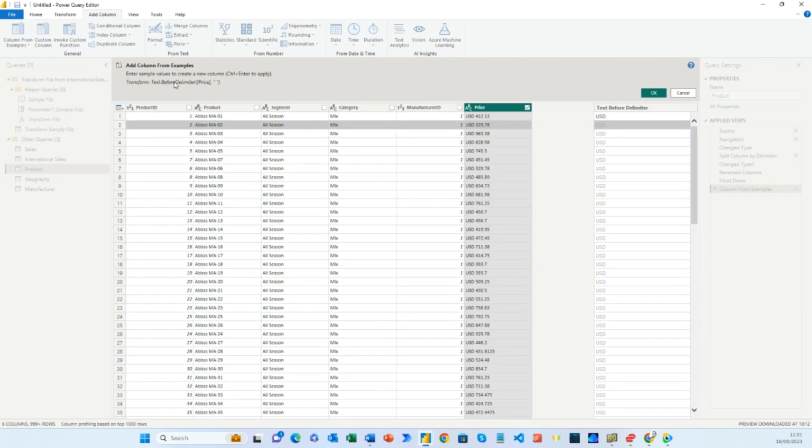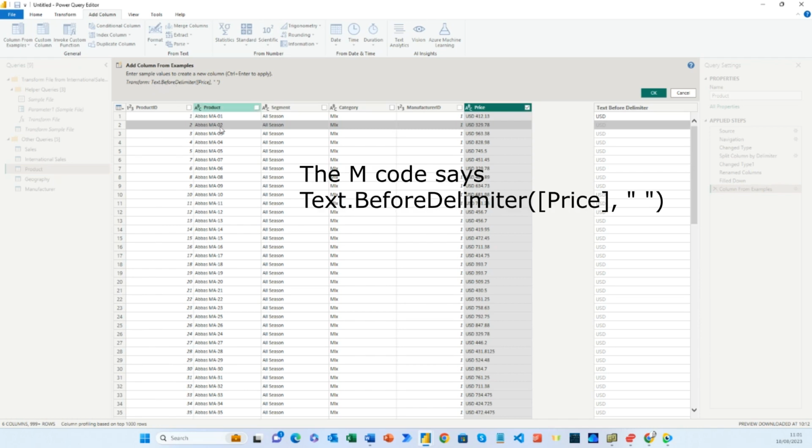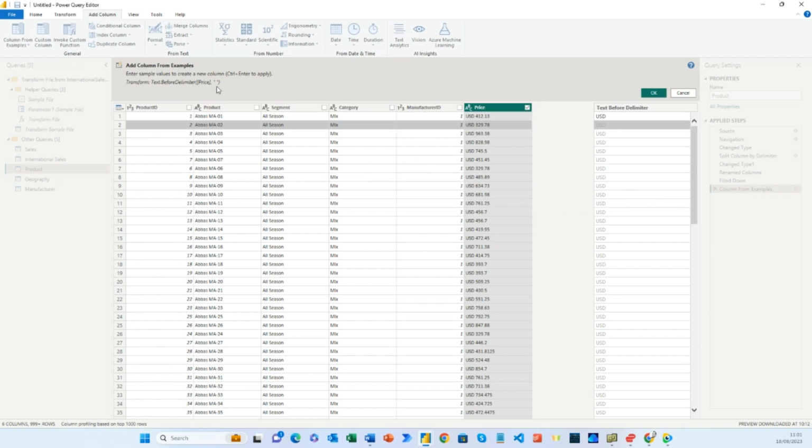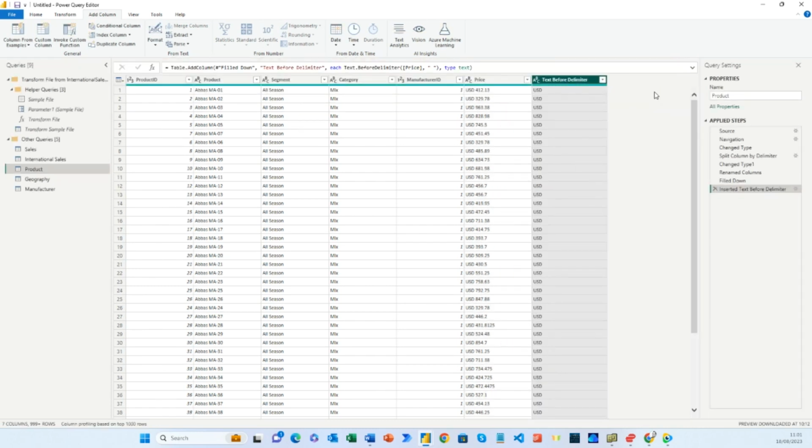If I look at the M code, it tells me what the M code is that it's worked out I might want above. It says transform is Text.BeforeDelimiter, and Price here in square brackets refers to the name of that price column, and the space is the delimiter. So yes, that is what I want it to do. I want it to give me the text before the space delimiter. Fine, okay, so I say okay. Now I can rename that currency,